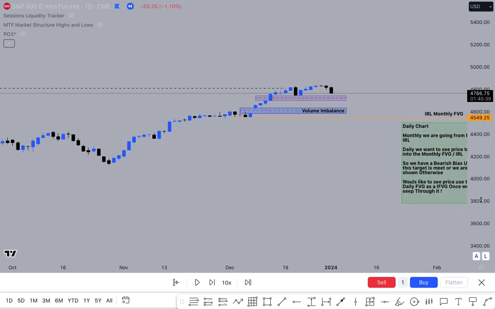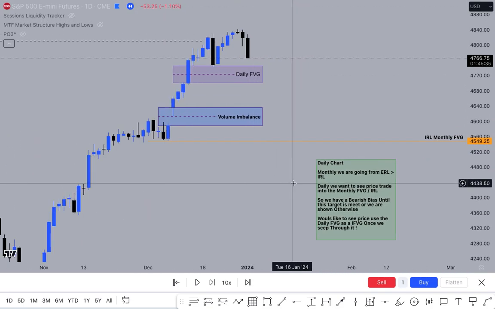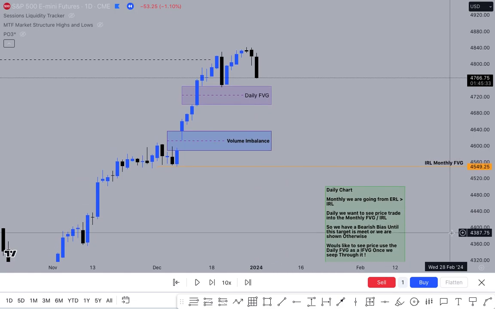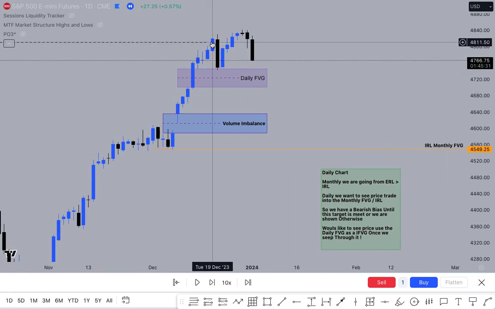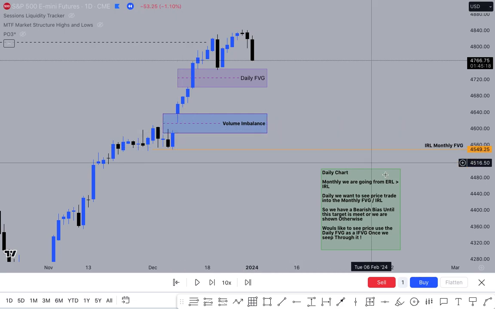Drop into the daily. You can see here I have my little annotations of what I'm seeing and why I'm seeing this. So as you can see, we had the sweep. This is the monthly sweep level. We have this little sweep up here as well, and we start to make a bearish move down here. So what do we see? We've got this daily fair value gap down here. We have this huge volume imbalance as well,